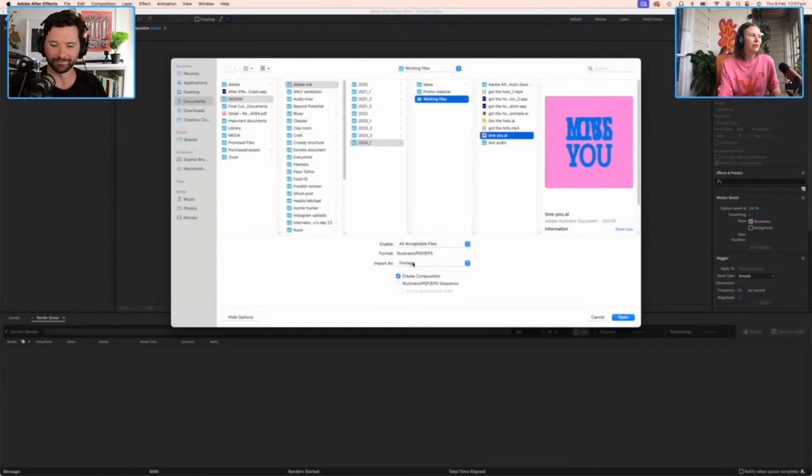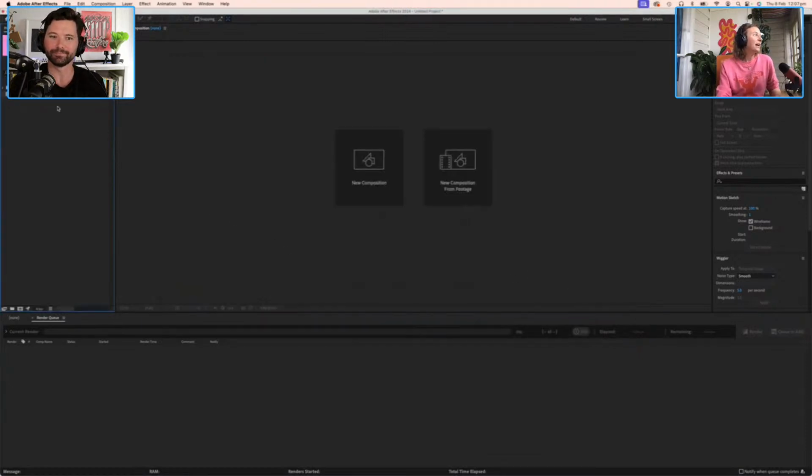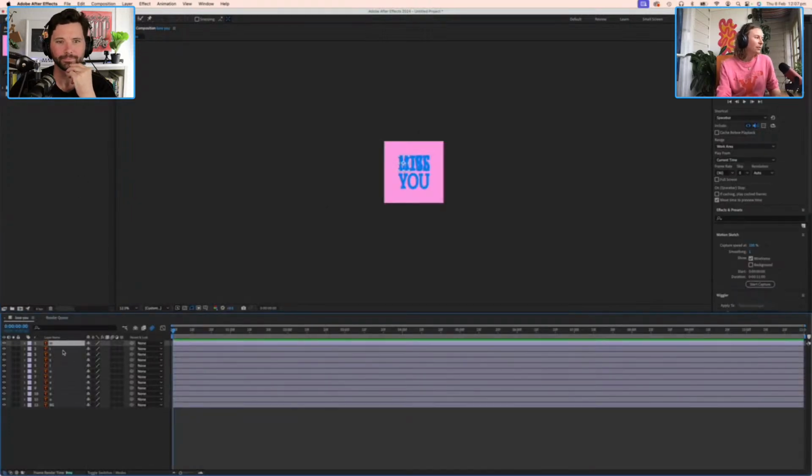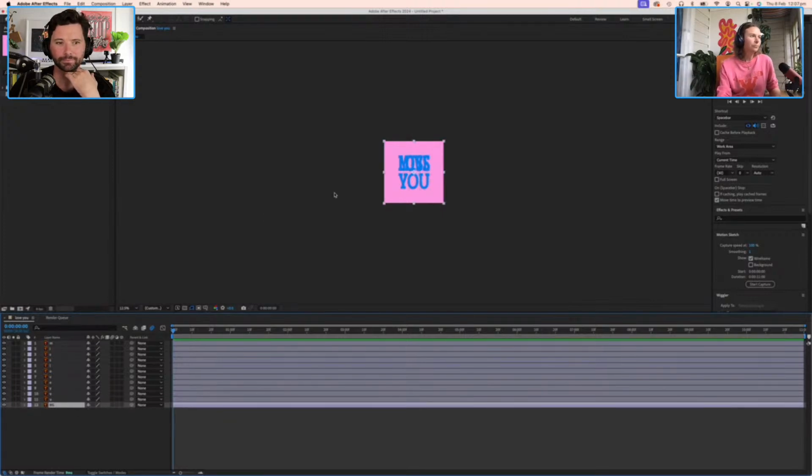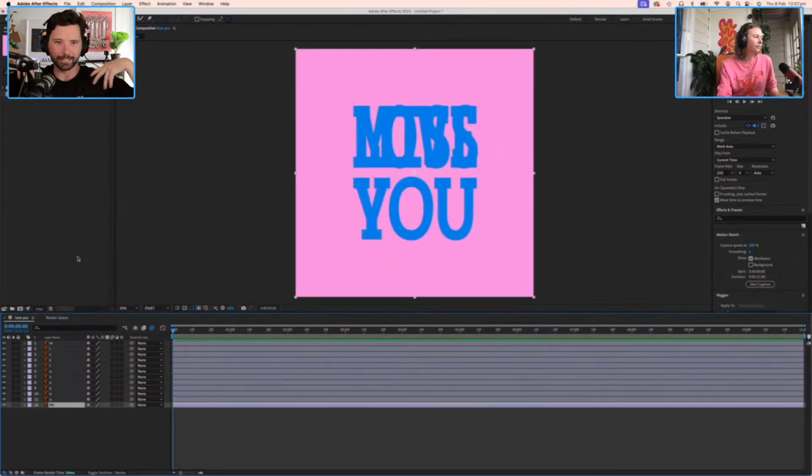Okay, we want this guy. We want composition and retain layers and just create composition. And when we double click on that, it is going to open up all of our layers from Illustrator into separate layers within our timeline here. Cool. Separating layers in Illustrator, I feel like, is a really important step, especially if you're not familiar with After Effects. Do that, make life easy for yourself, and it'll just come in already separated on the timeline. Perfect. Yeah, that's another benefit of starting in Illustrator too.